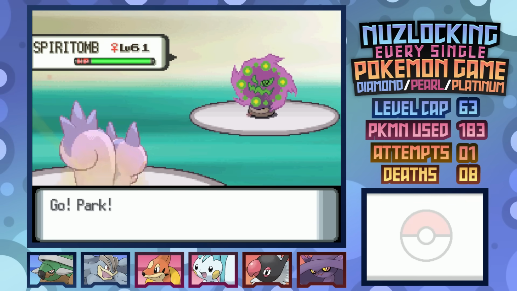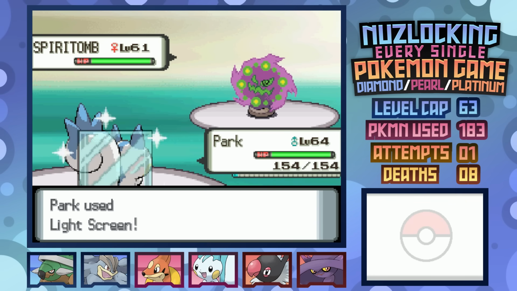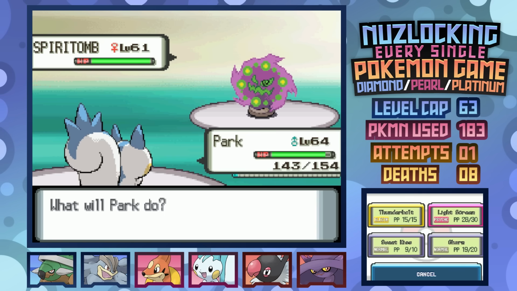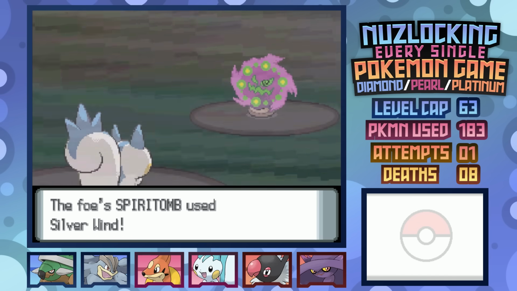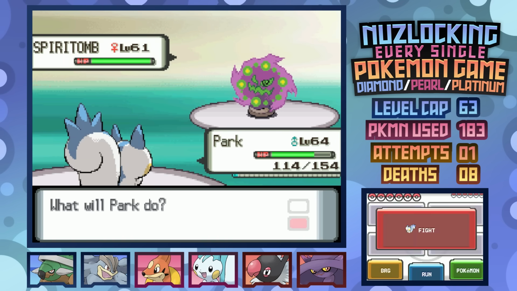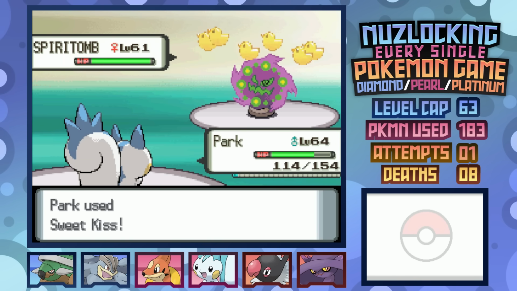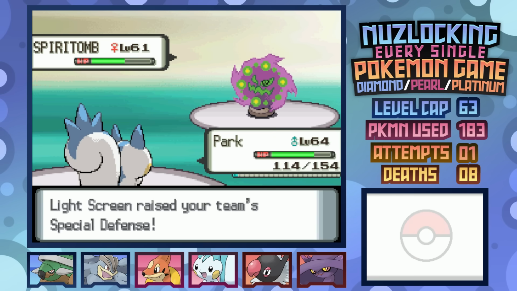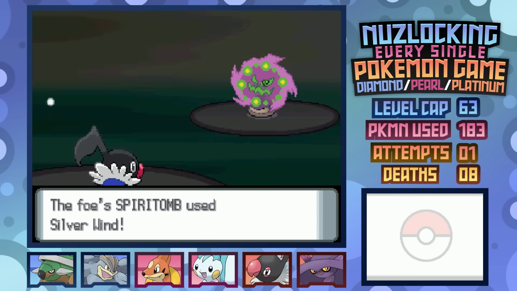Firstly, we are leading Pachirisu against Spiritomb. Light Screen is an absolute godsend here, as we need to attempt to confuse Spiritomb with Sweet Kiss afterwards, missing the first and the second while being nailed with a myriad of Silver Wind, Dark Pulse, and Shadow Ball. Though we're able to pull through and get Spiritomb to around half HP thanks to Thunderbolt, being just enough for me to get Chatot in and